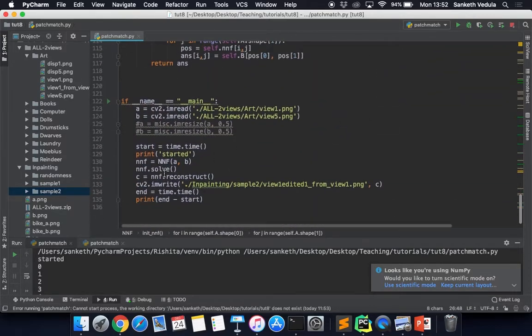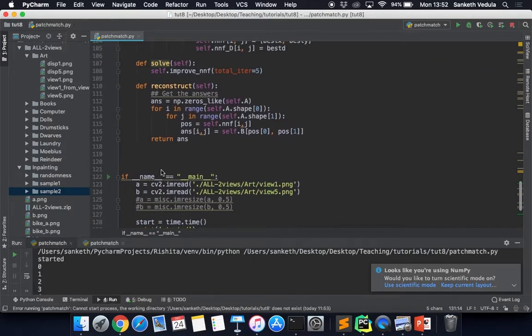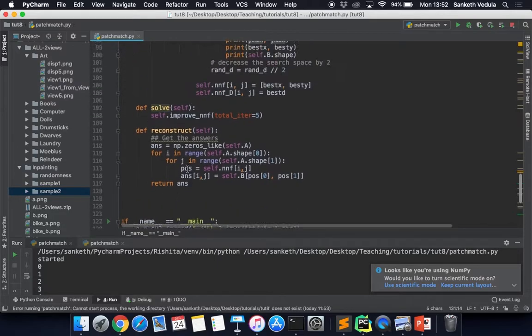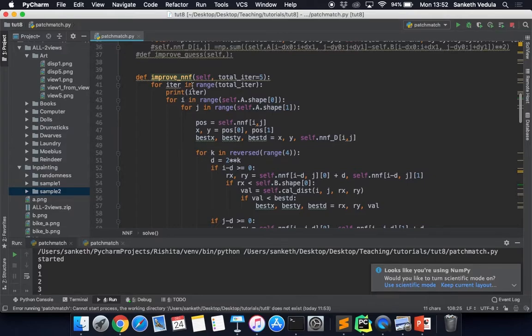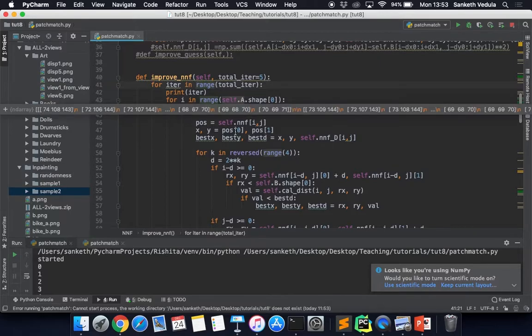Then I ask for nnf.solve, which is basically propagate plus random search. So it goes to improve NNF, and improve NNF calls. Total iterations, I'm running the whole thing 5 times. In the paper, they suggested that, with high probability, it should converge in even less than 5 times. So for each iteration, I'm going to every pixel